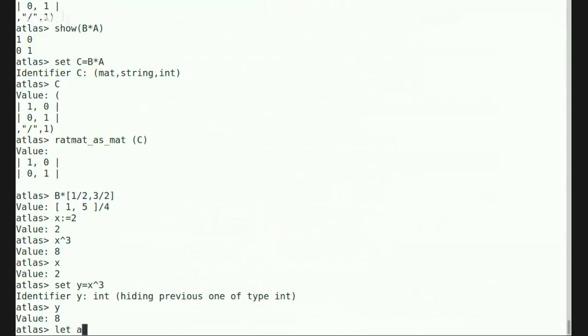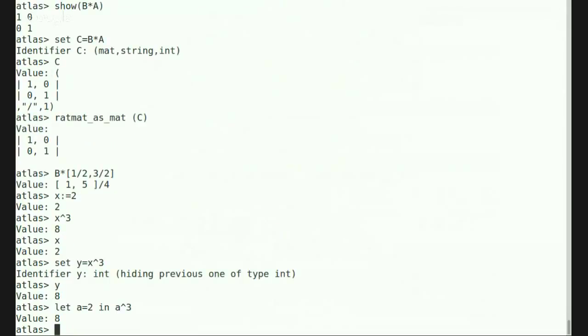Let's let a be 2 in a cubed. Okay, so this is the key bit of syntax in this software, which might look a little unfamiliar. The idea is you have this function a cubed, or x cubed, say, the function cubed, and you want to evaluate it at 2. So the way you do it is you let a be 2 in the function a cubed, and you get